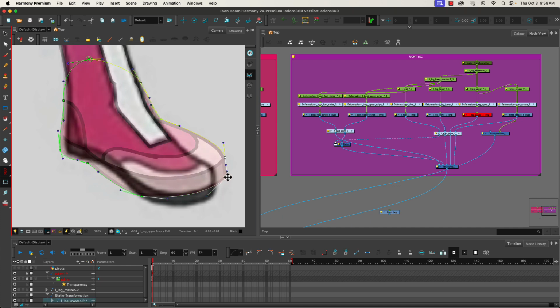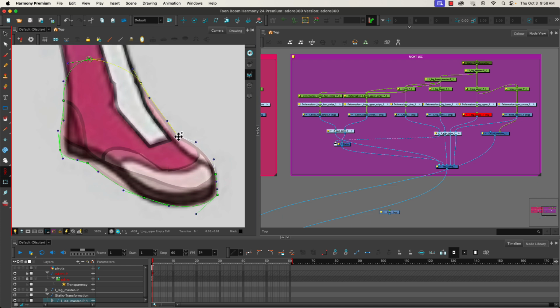So selecting a few more points here, pulling that down, pulling that up, and I'm seeing that we may